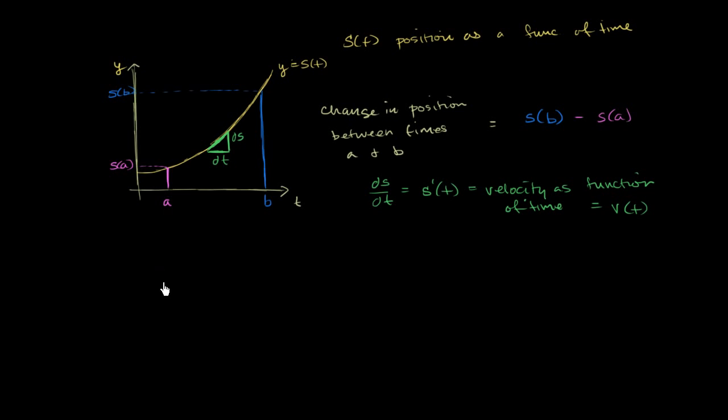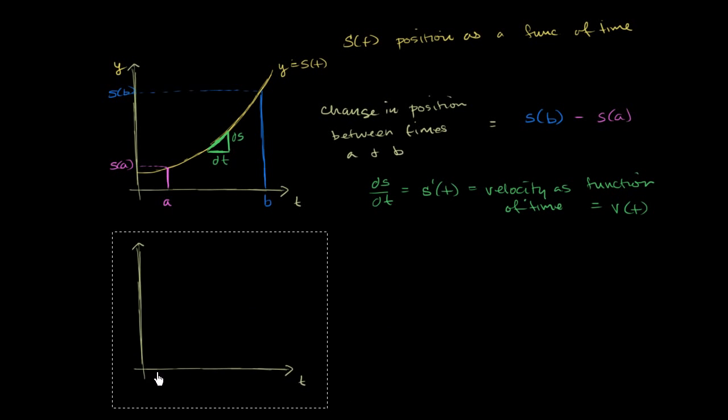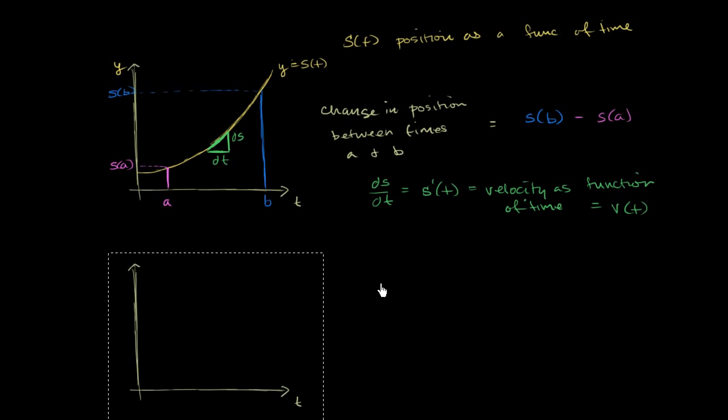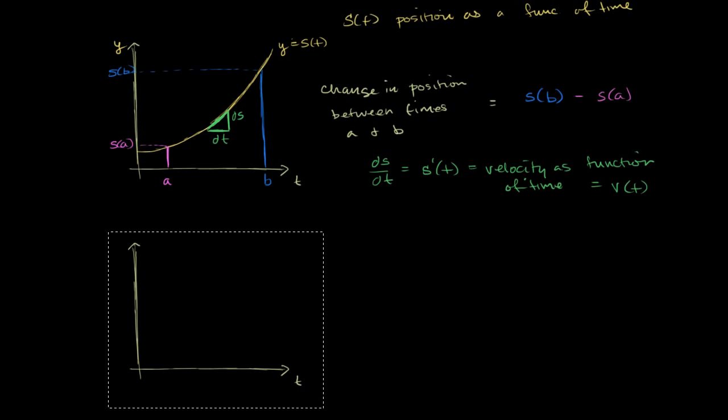So let's graph what v of t might look like down here. Let me put another axis down here that looks pretty close to the original. Let me give myself some real estate. So that looks pretty good. And then let me try to graph v of t. So once again, if this is my y-axis, this is my t-axis, and I'm going to graph y equal